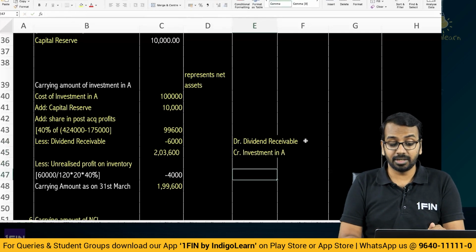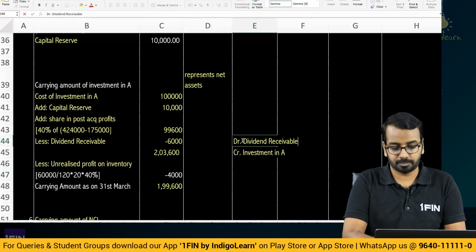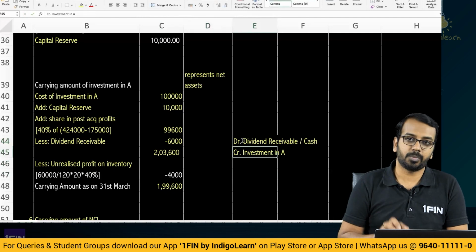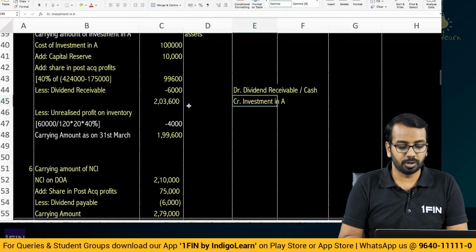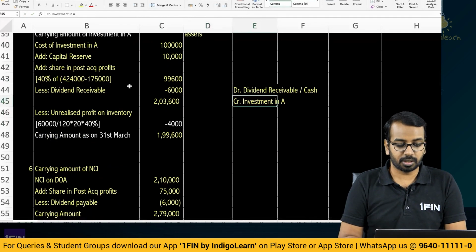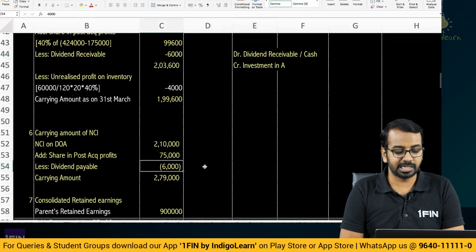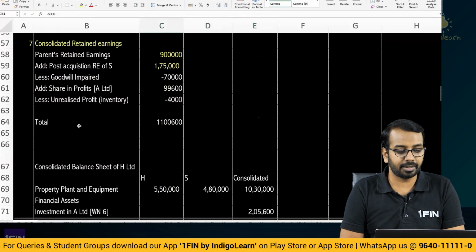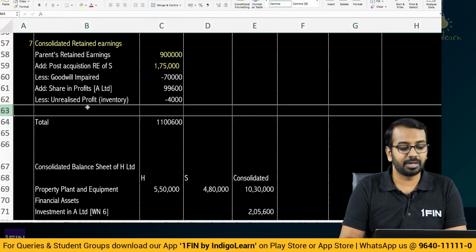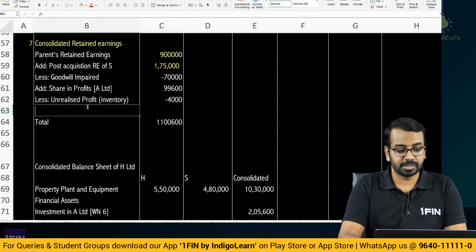But if you have already received, then you would say debit cash, and you will reduce the investment, right? Then coincidentally both the numbers are same. This is also done. Now this dividend adjustment we have done. Coming to consolidated retained earnings, here we have a dividend to be declared. So we will say less dividend